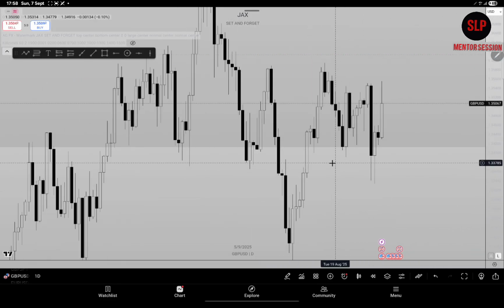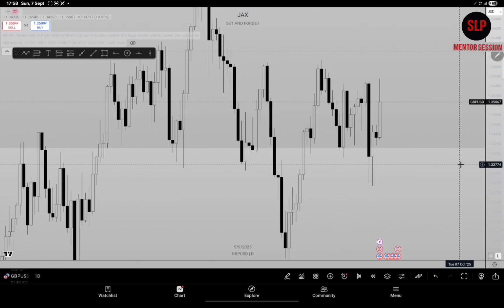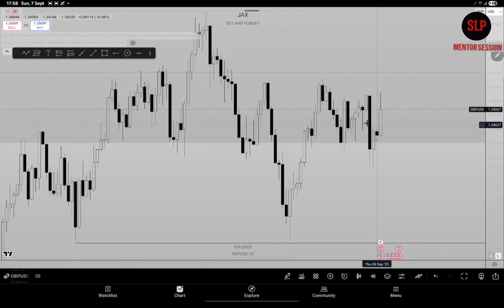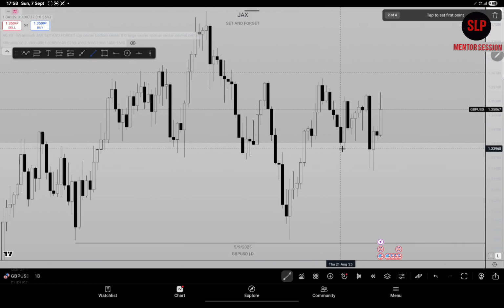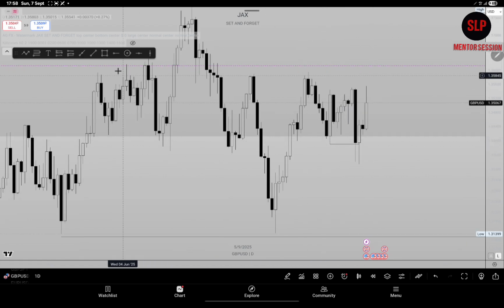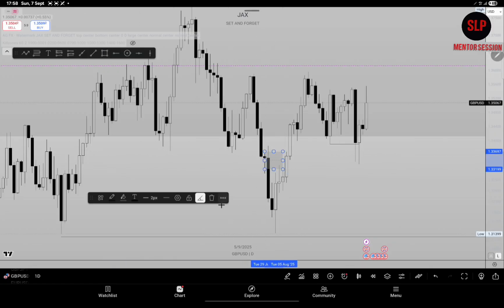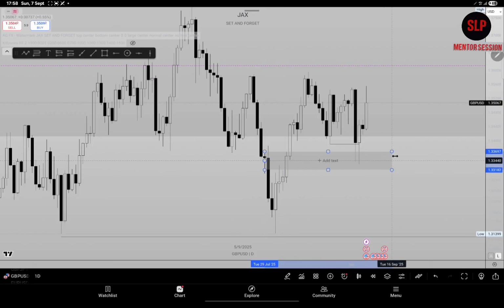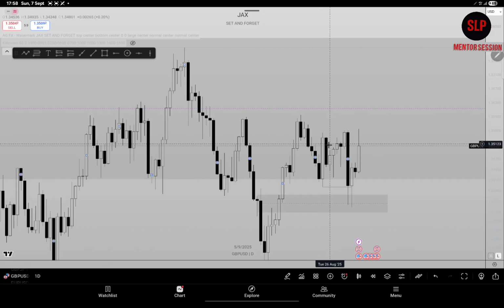So what was I saying about price taking out liquidity? This is the daily time frame. You can see that this low right here was the first pullback on the daily time frame, and that was the liquidity that price came to take out. And I sent to my group, price will do this, tap the other block, depending on the time frame you're looking at, and start pushing to the upside, which price has clearly done.